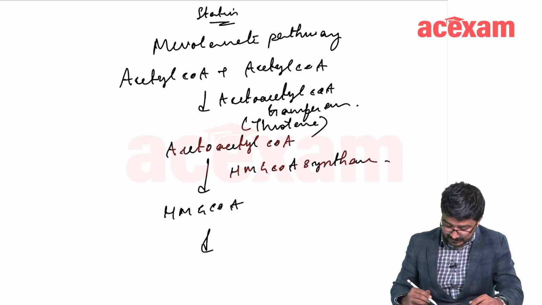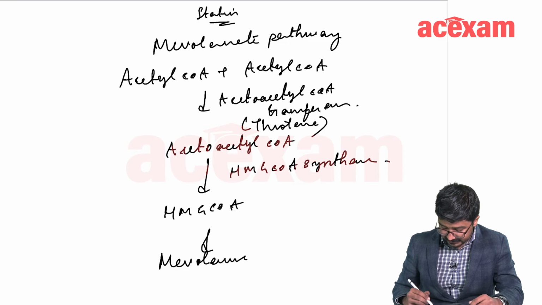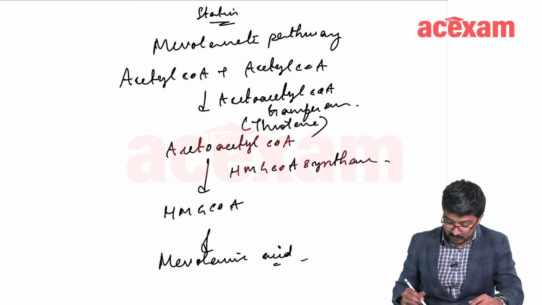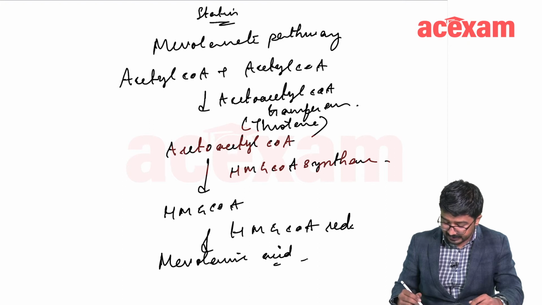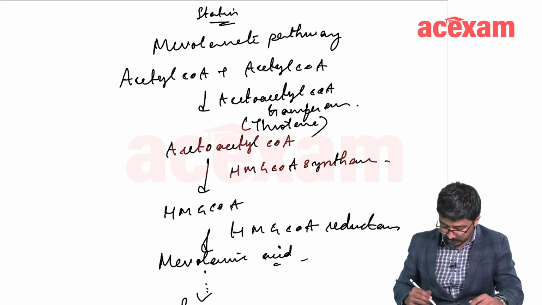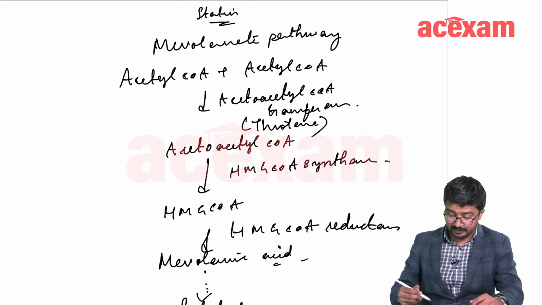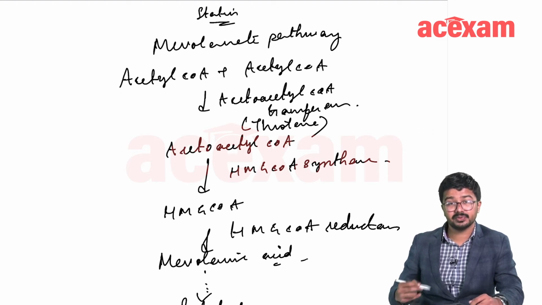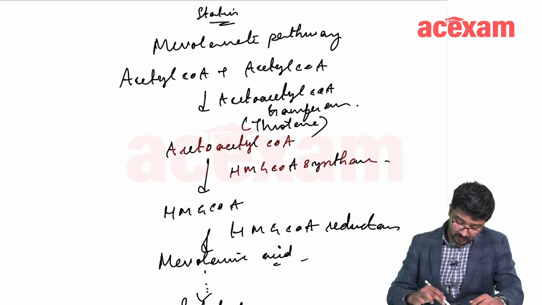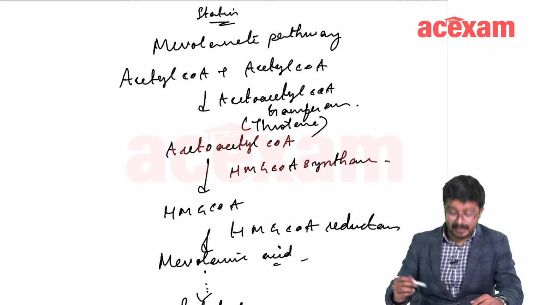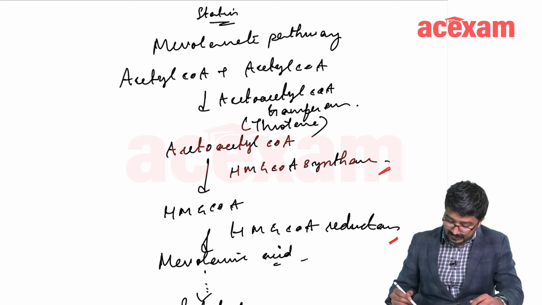Then the HMG-CoA gets converted into mevalonic acid by means of an enzyme known as HMG-CoA reductase. Now on the downstream, mevalonic acid will be converted into cholesterol by means of multiple steps. Let's not go into it because the important things from the pharmacological point of view have already been written. So here comes a direct question to you, whether statin acts at the level of synthase or reductase or